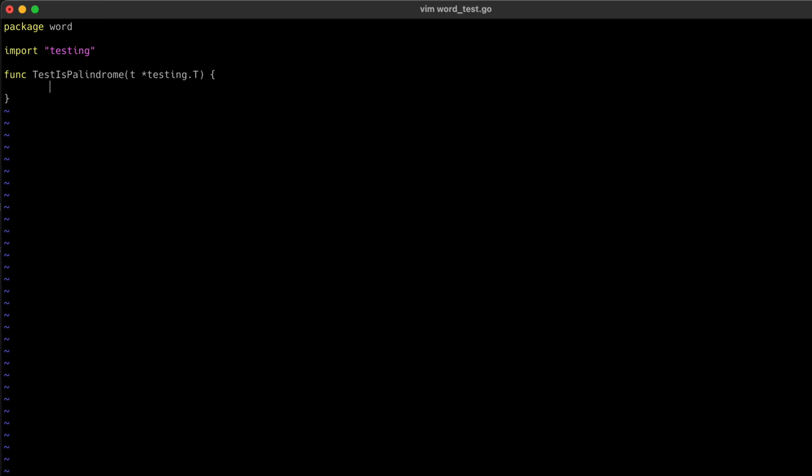We'll take an approach called table-driven testing. So first let's define a slice of structs, and each struct will hold some input, which is the string, and whether this string is a palindrome or not. Okay,